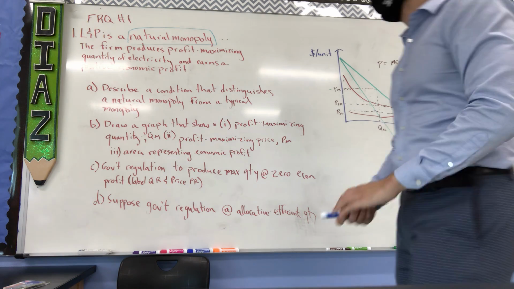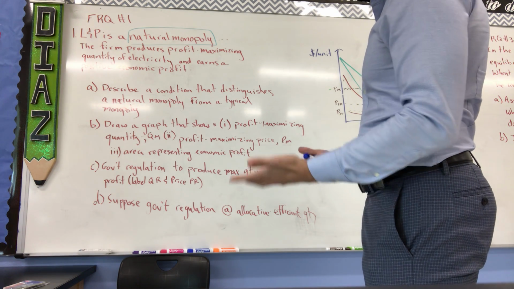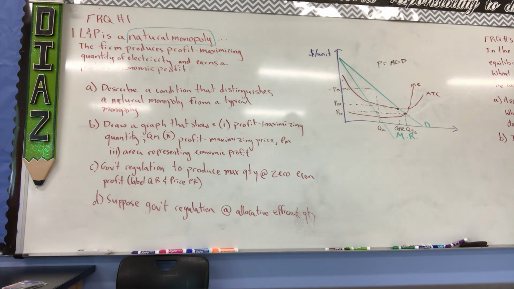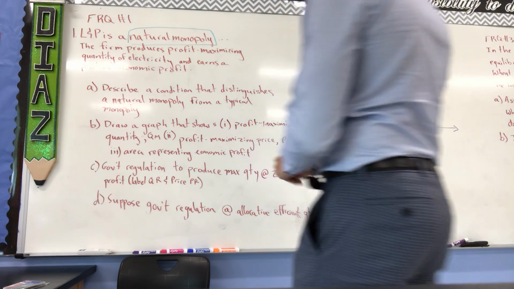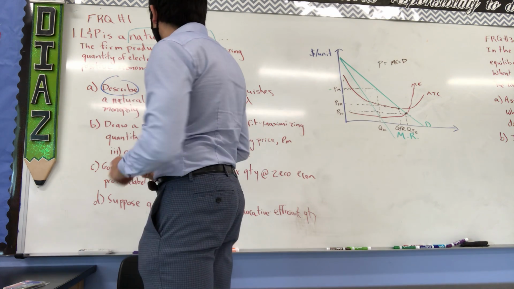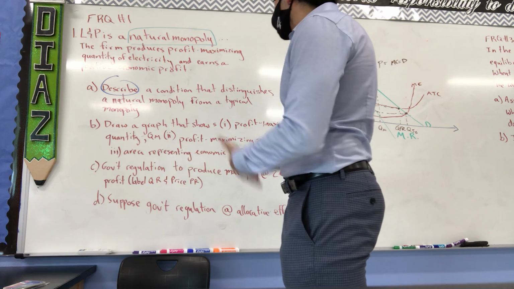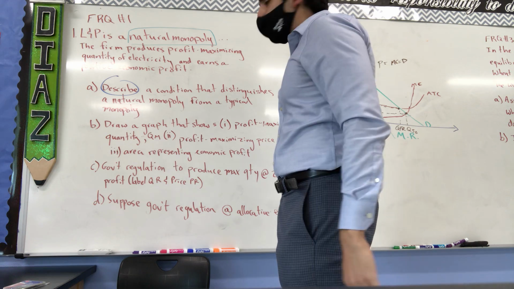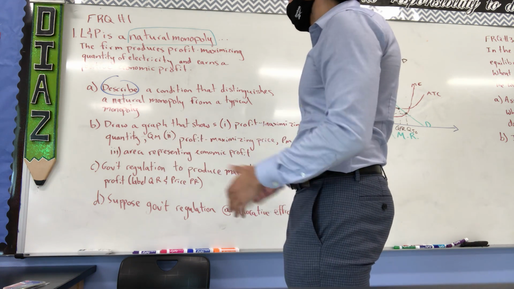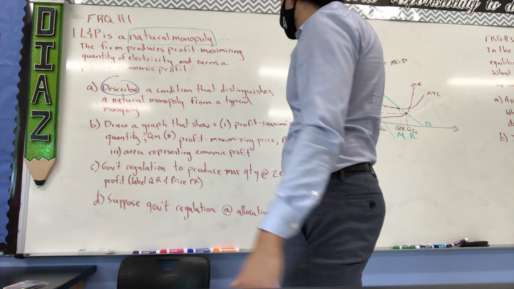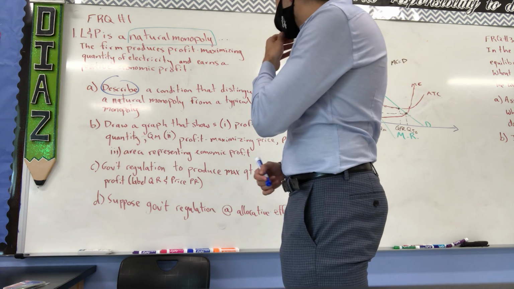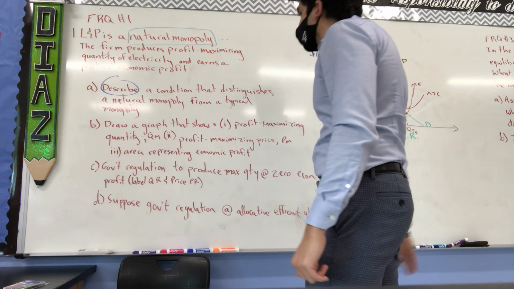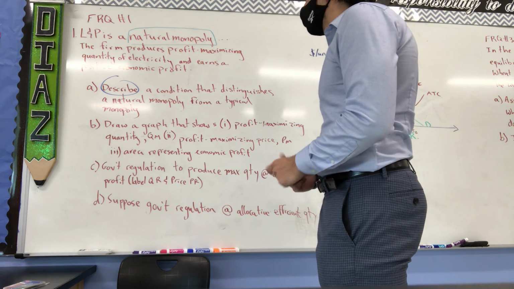Then the first question says, describe a condition that distinguishes a natural monopoly from a typical monopoly. And I just talked about it, and you can see it graphically. But description, remember, that's an important task word, but it's less important than explanation. So let's talk about a condition that distinguishes a natural monopoly from a typical monopoly. We can talk about a relatively flat marginal cost curve, right? Trivial marginal costs, but huge fixed costs or initial costs. But I want to talk specifically about a downward sloping long run average total cost curve over the range of relevant